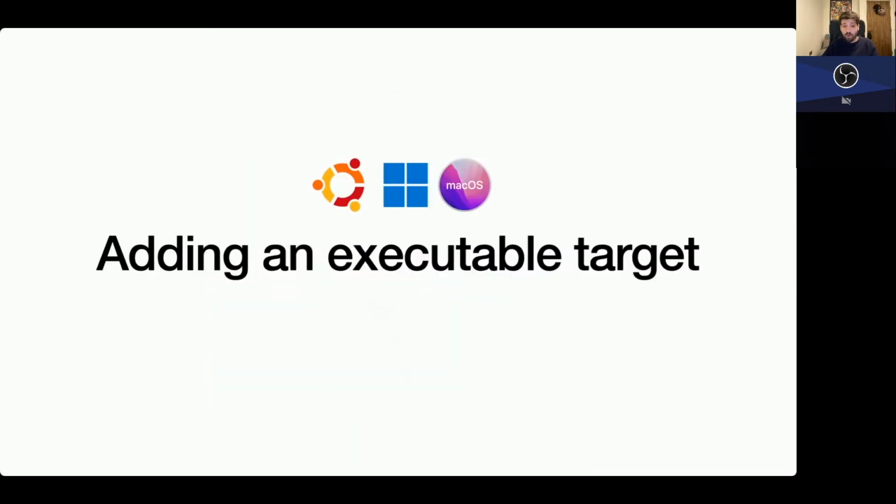And not only are we going to get that functionality back, but we're also going to make it an executable target that's going to run on Ubuntu, Windows, and macOS. So it's going to be a true cross-platform command line tool. And it's not going to require the systems to have Swift installed in them. We can distribute it as a normal executable that people can just grab, run, and not have any more problems.